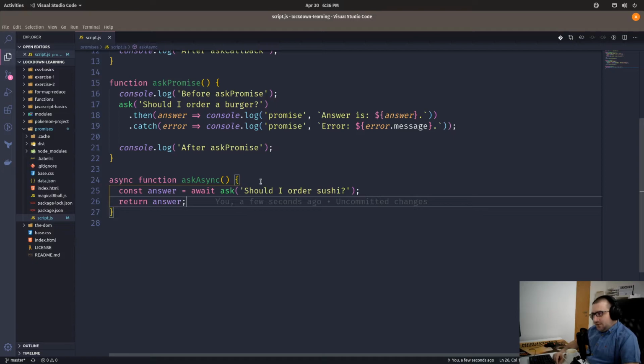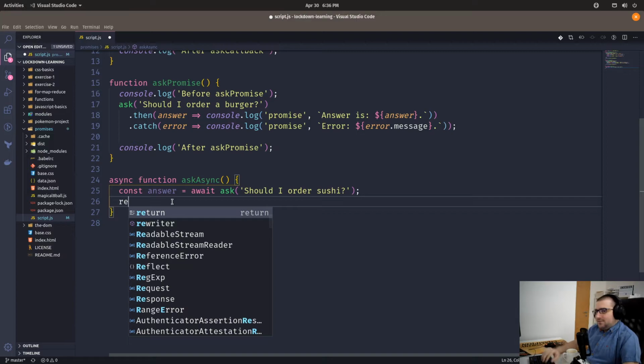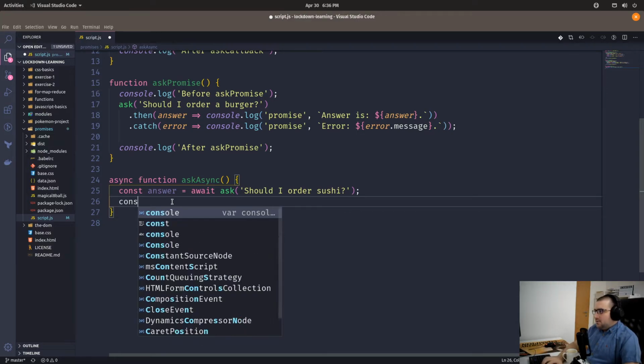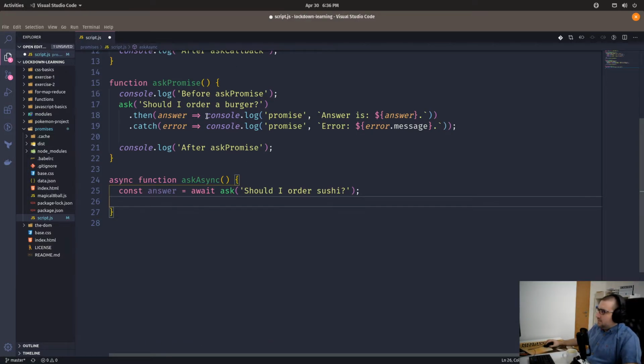You know what we got here? We can await ask async, and we can get this answer. We can return the answer out from here, or we can console log it in our example, like here. This is async,